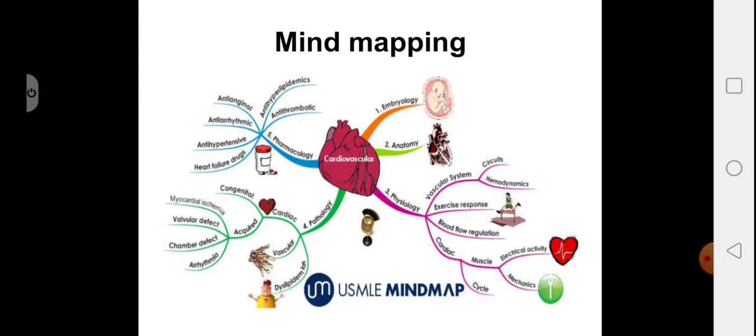Next, mind mapping. What is mind mapping? It's a concept mapping where you're integrating the basic and clinical sciences. I hope most of you all know it. So say there's a cardiovascular disorder you're learning about. So you bring in the concepts from anatomy, from physiology, from pharmacology, from pathology, and you make some figures and some keywords and make a concept map which will be useful for your learning.